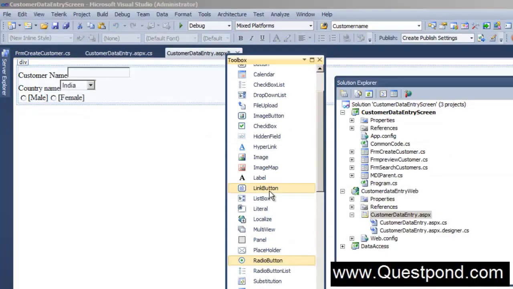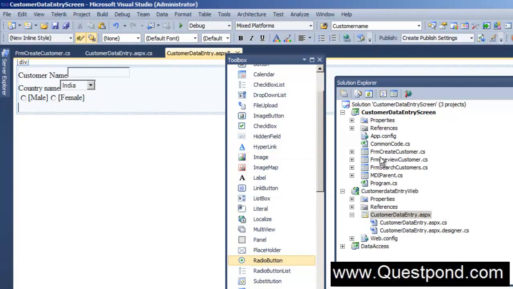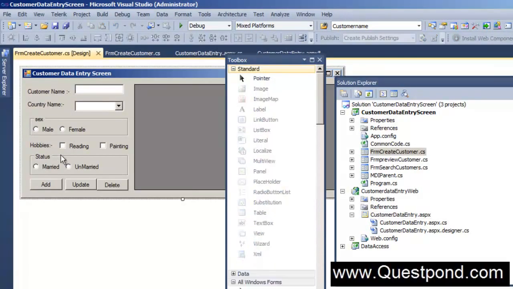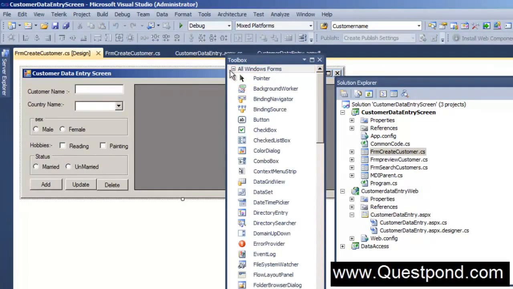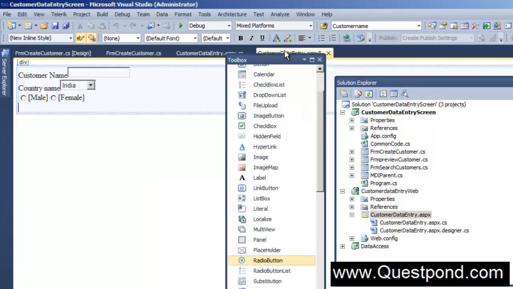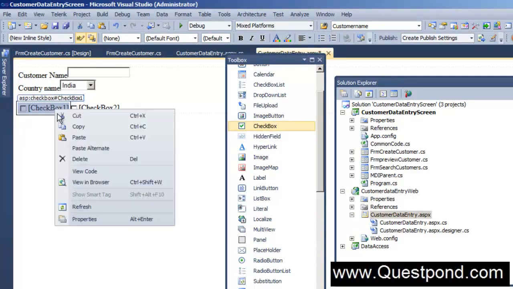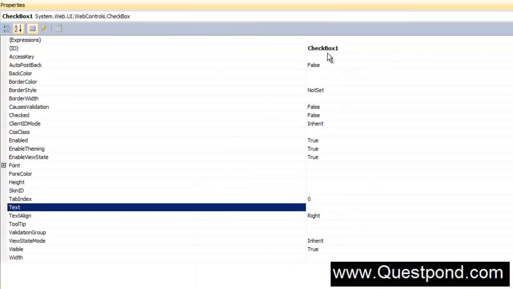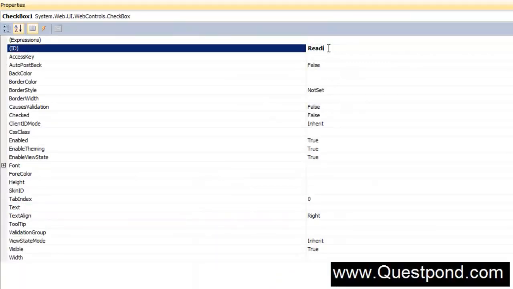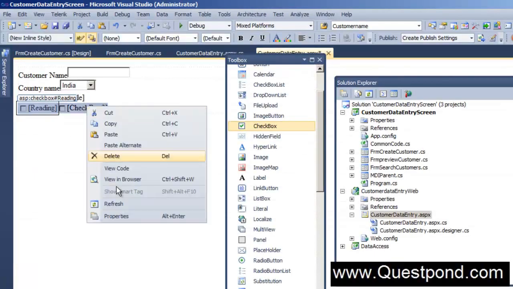Great. In the same way, now let's go ahead and add hobbies. If you remember, hobbies is actually a checkbox. So we have reading and painting. Let's go back here and drag and drop two checkboxes. One is for reading and the other one is for painting. This checkbox we will name as reading, and the other checkbox we will name as painting,